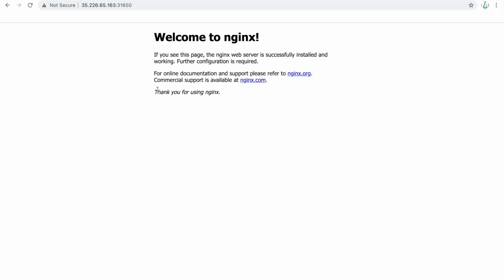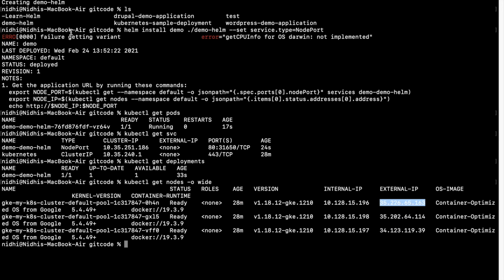We are not changing anything, but yes, we have created the custom chart. Instead of using the Nginx service directly, you can also use it that way. You don't need to do all this, creating a project and so on. Instead, you can just run helm install with your name and then the chart name, bitnami/nginx.